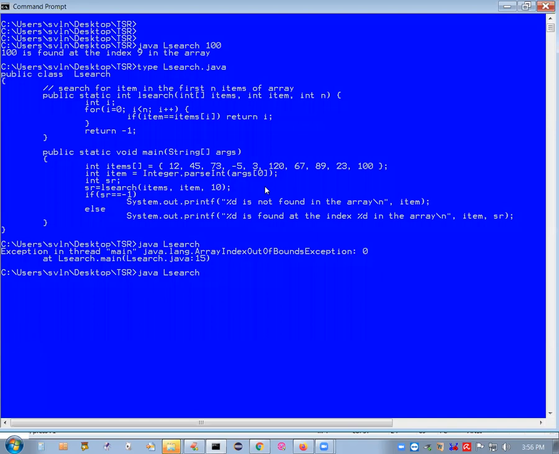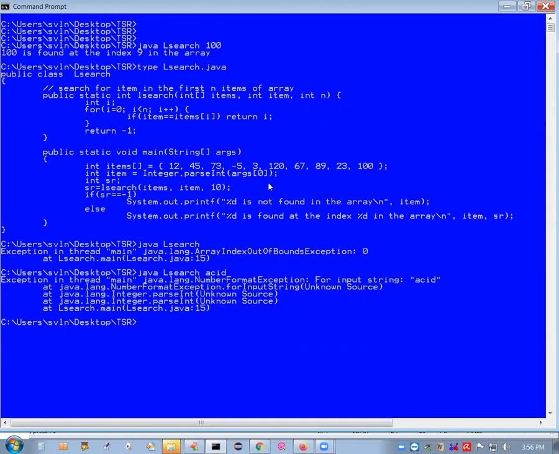Whereas if you supply something, instead of supplying a number, you supply some string like acid or something like this, you will get a different error, right? Because there is an item there, but you cannot convert that into an integer. You are asked to pass an integer, whereas you are passing a string. And you can see here the error message, NumberFormatException. You are trying to convert acid into a number and you can't convert that. It is an error. It is an exception. Exceptions we have not talked much about, but any errors of that kind are called an exception, and it raises those things and you will get these.